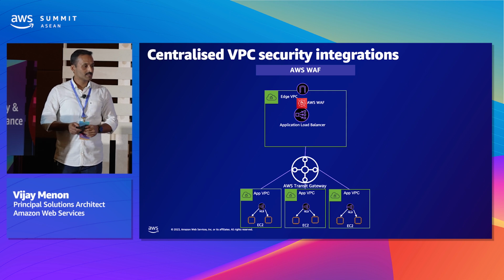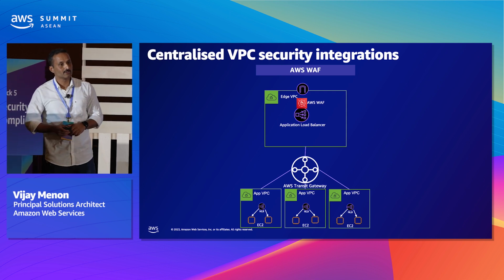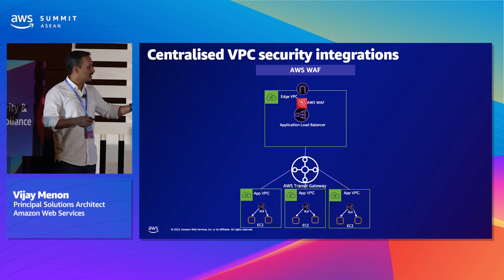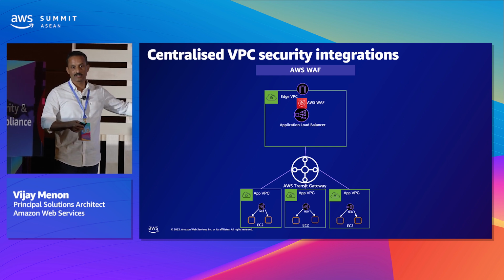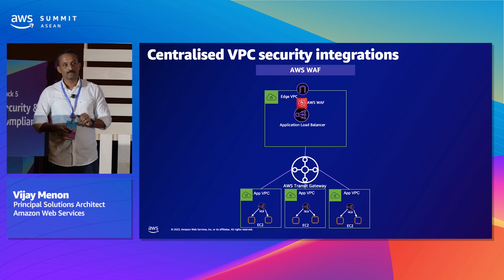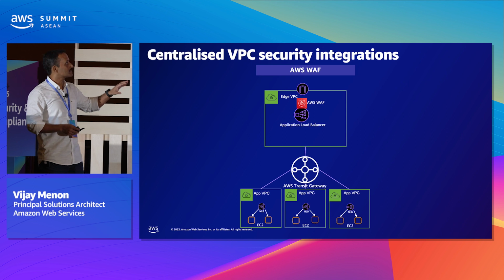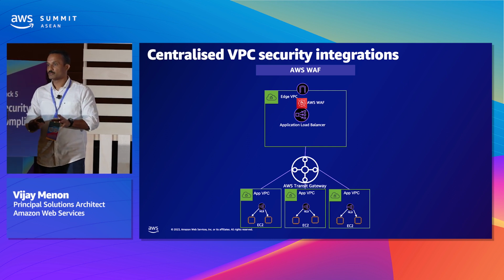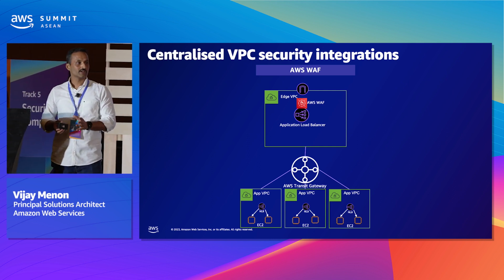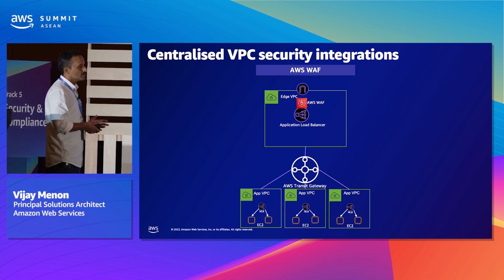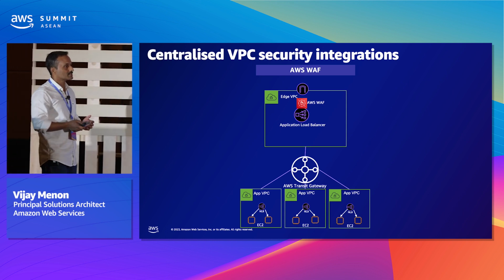Right, so let's switch gears and talk about centralized architecture, how a centralized architecture should look like for this. So your applications are running in your VPCs, same like the previous one, but these VPCs do not have direct access to internet. You deploy your internet access in the edge VPC, and these edge VPCs and app VPCs are connected with each other using AWS Transit Gateway. So AWS Transit Gateway is your cloud scale, highly resilient, easy to use, scalable router, which makes networking within the